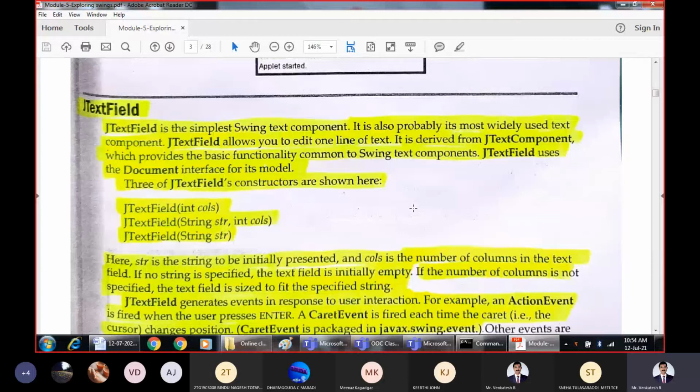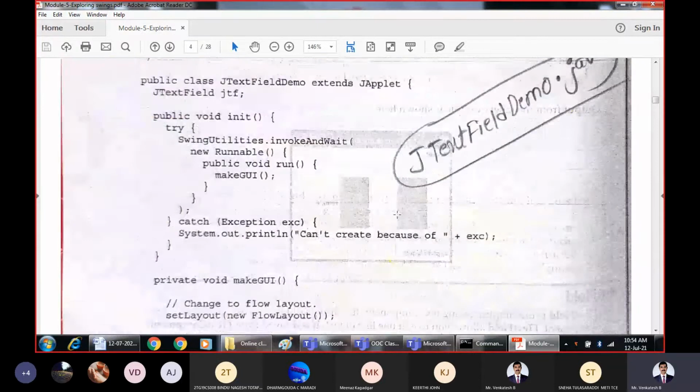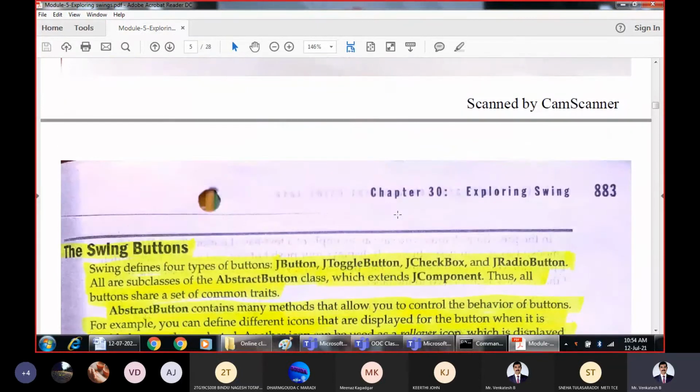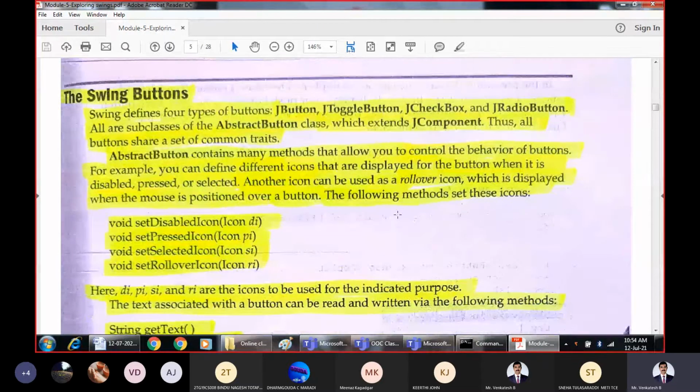We have also studied how to use images or icons for creating graphical user interfaces. Along with the text label, we can also make use of images for creating labels.